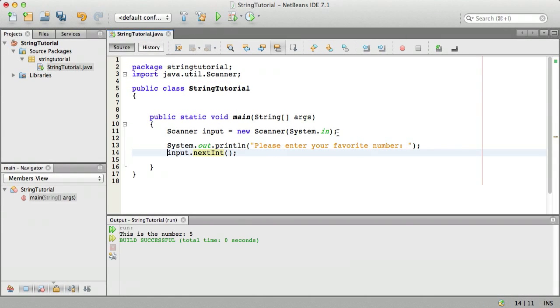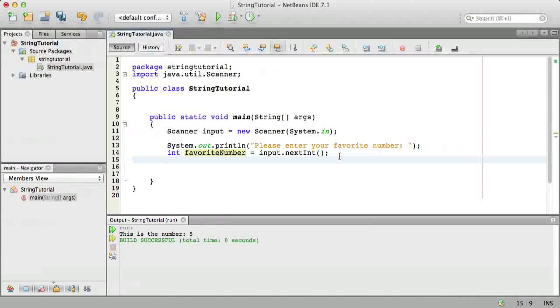This is going to be equal to int favorite number equals. So what we're doing is we're saying System.out.println, please enter your favorite number. So that's going to be outputted to the user. And then whatever the user enters next, which is defined here, input.nextInt, is going to be assigned to the variable favorite number. And then what we're going to do is say